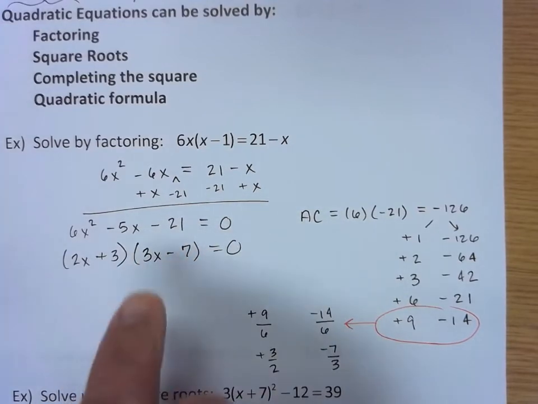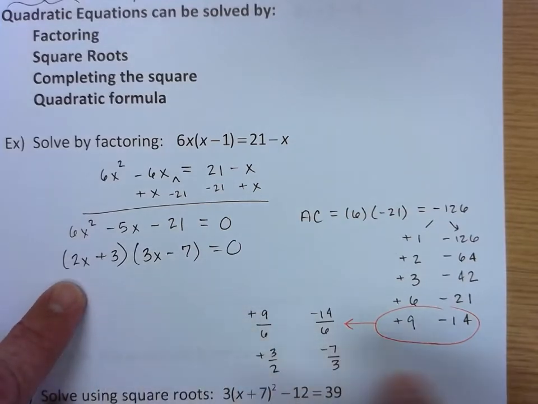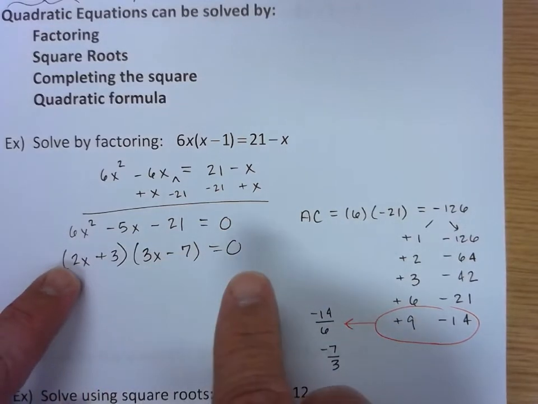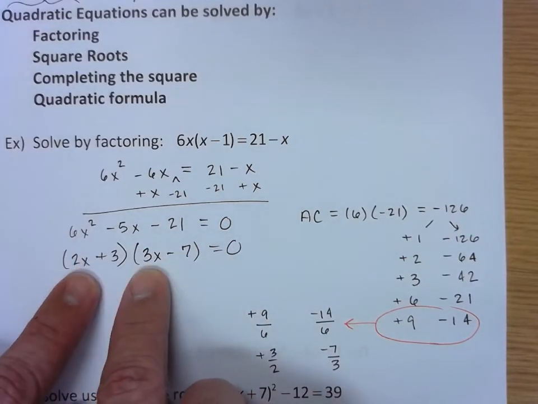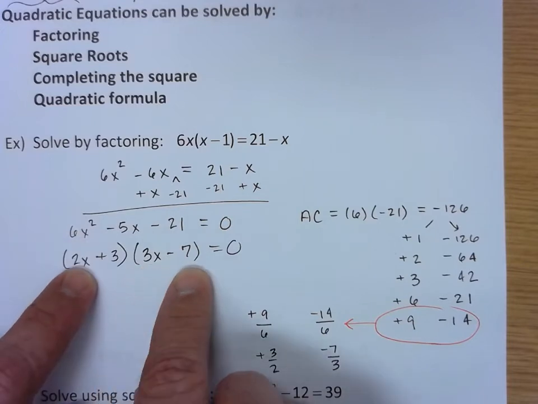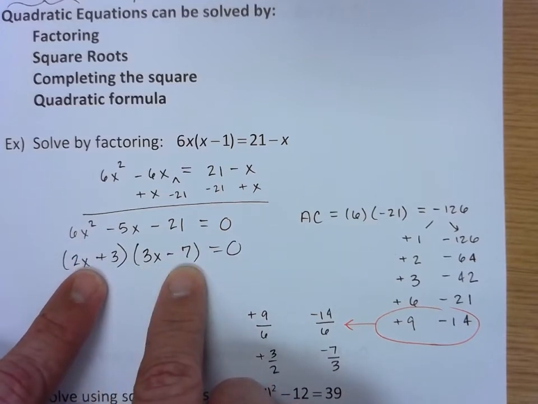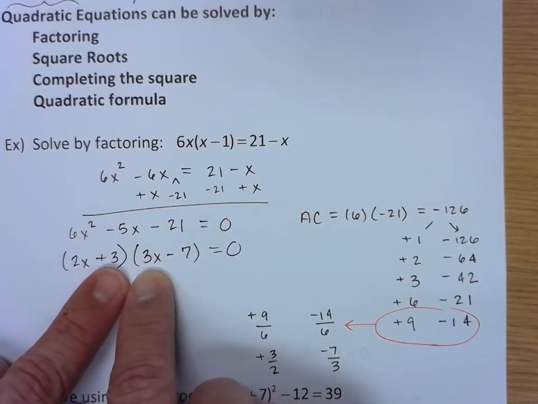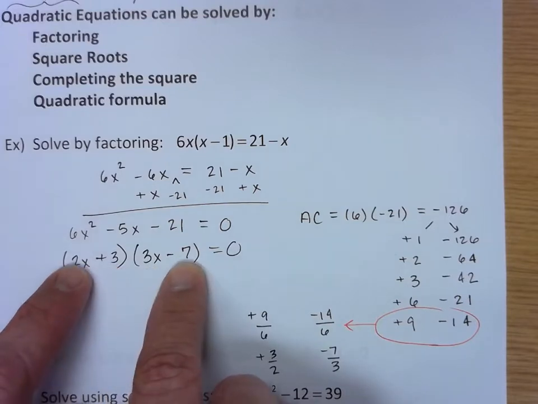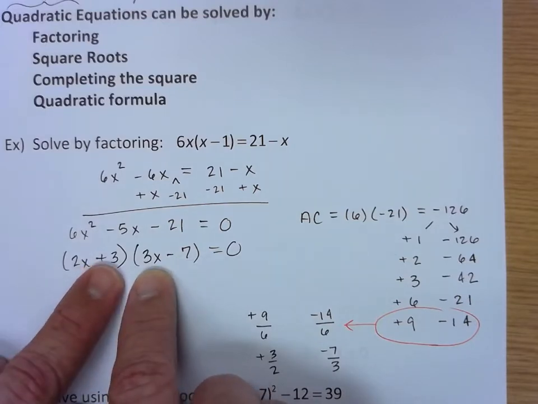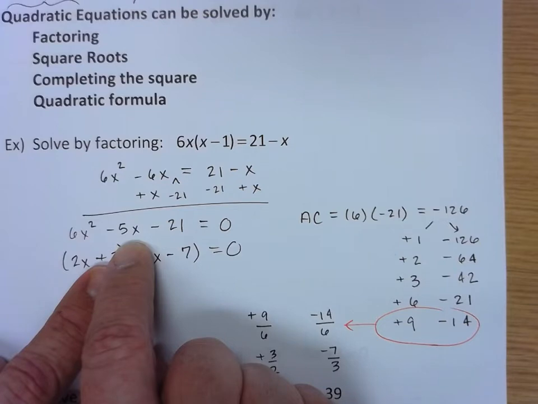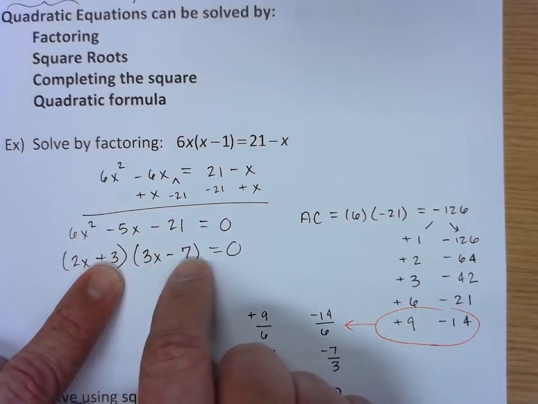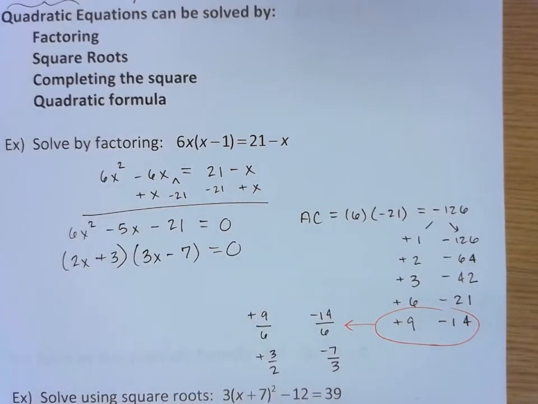And let's double check it really quick to make sure that it factored correctly. I went through the AC method pretty straightforwardly, and I think it gave me the correct answer, but let's check it to make sure. That's going to be 6x squared, which checks out with the first term. The O in FOIL is negative 14x. The I in FOIL is positive 9x. There's the negative 14 and the positive 9 that add up to negative 5x. That checks out with the O and the I in FOIL. And last times last is negative 21. So I'm confident that that is factored correctly.